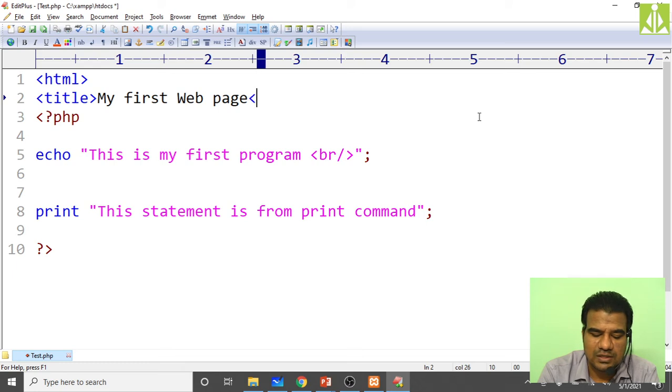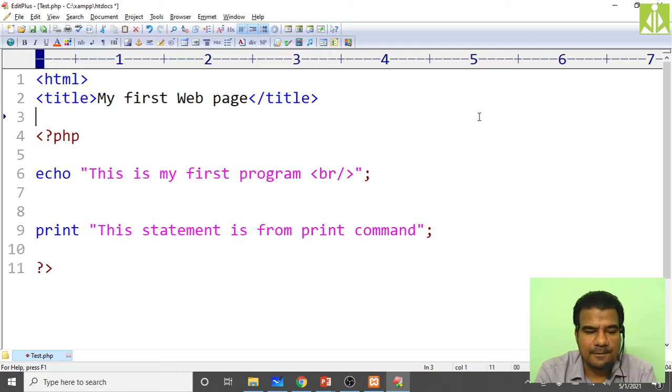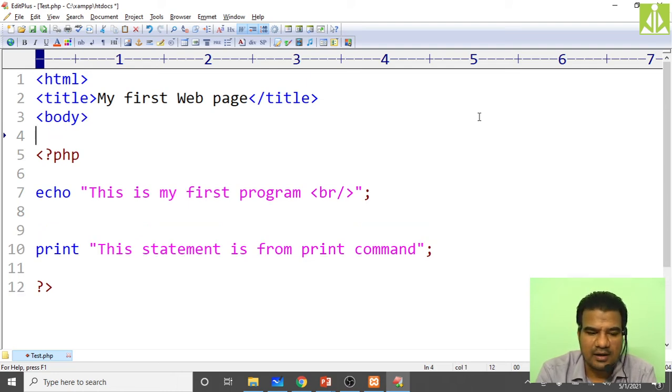Then close the title. Then you will put a body tag, and inside the body tag I'm taking an h1 tag to print something.